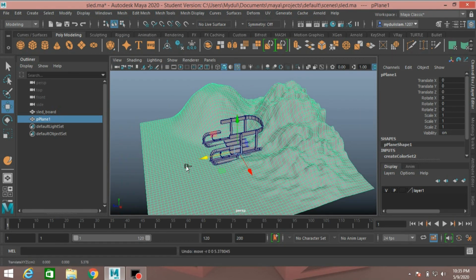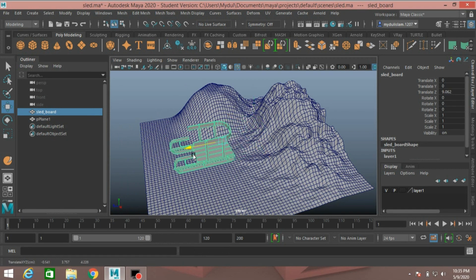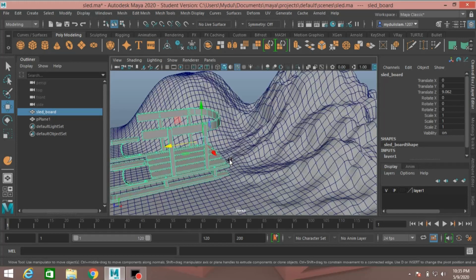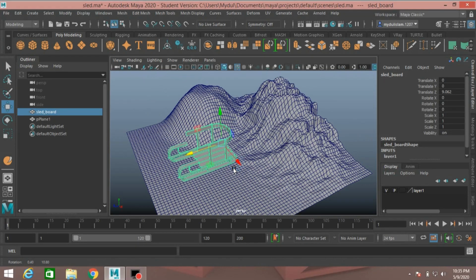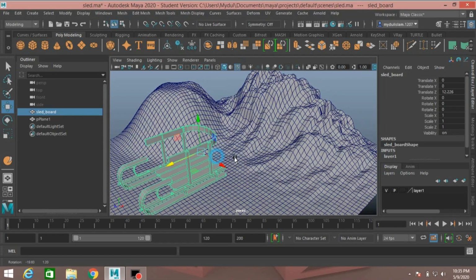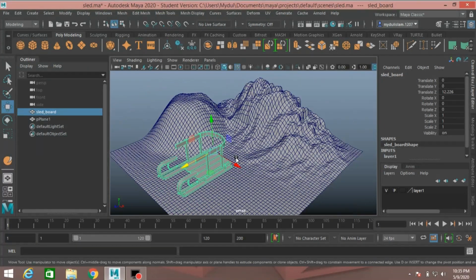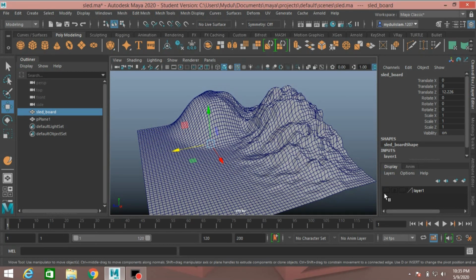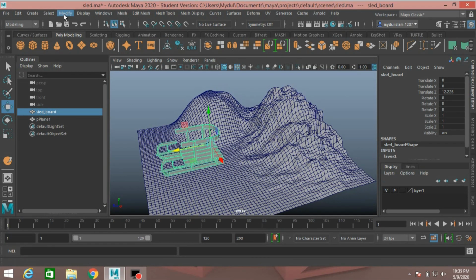Sorry, Ctrl Z to undo. Select the slate board and move it here. Again hide the slate board. Sorry, unhide. Go to modify freeze transformation.